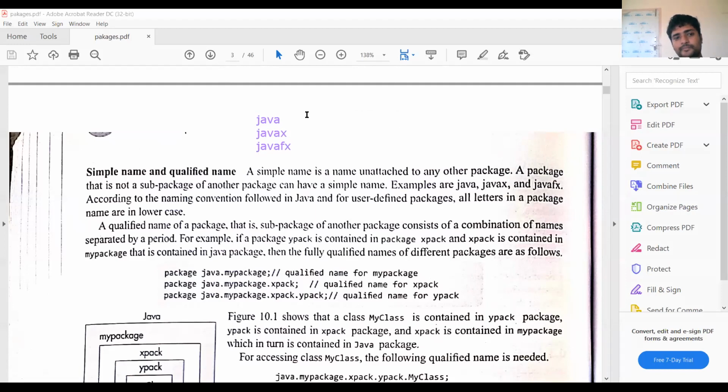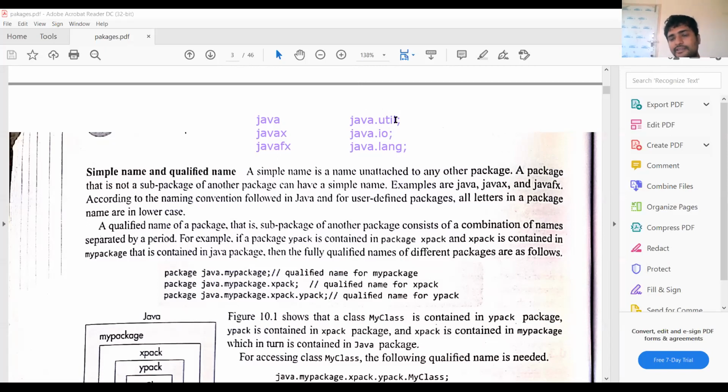But a qualified name is java.util. This is one qualified name. Java.io is one qualified name. Java.lang is one qualified name. These types of names are known as qualified names.